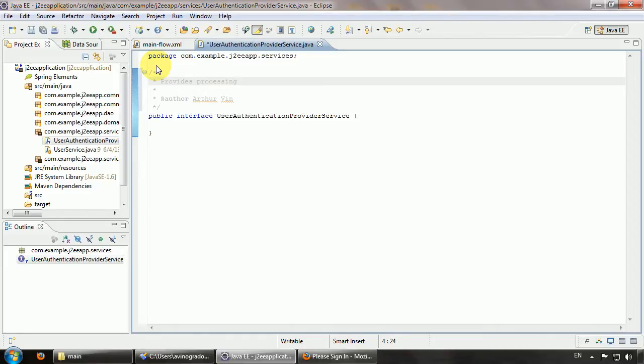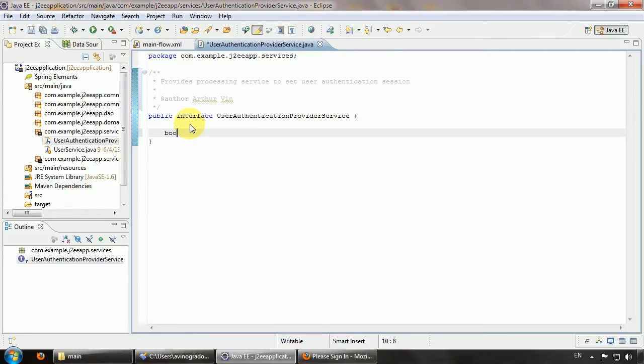Provides processing service user, something like this, and one single method inside